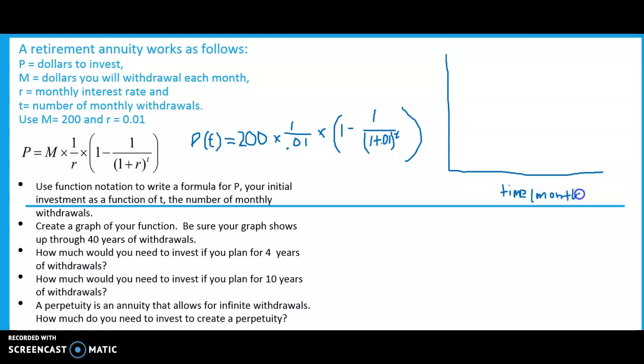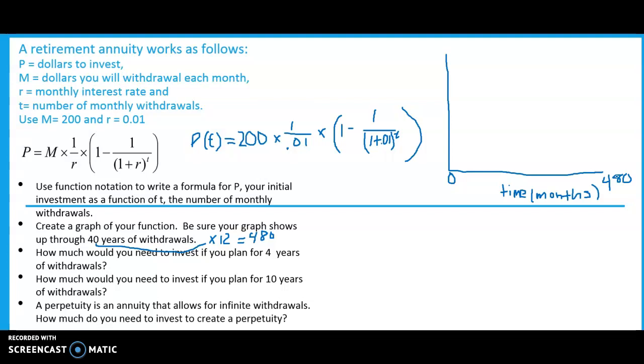So, in the prompt for this question, it says 40 years. So I literally want to take that times 12, because there are 12 months to a year. And that gives me 480. And so that is telling me that my x-axis here is to go from 0 out to 480. And so that gave me a lot of information about what I need to graph, what picture to get on